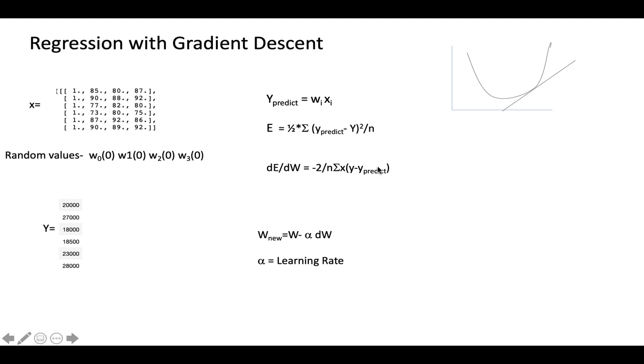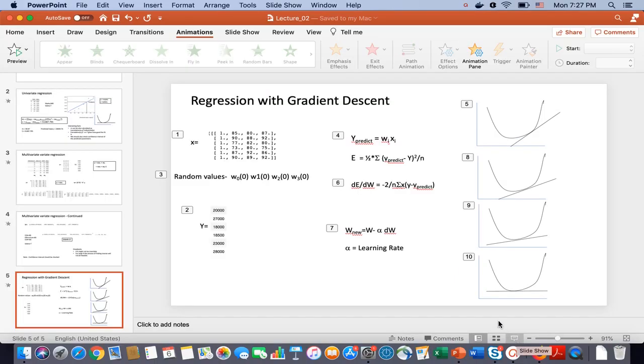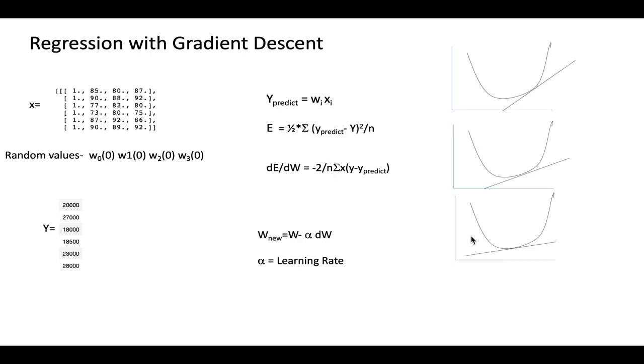Okay, and say we move and the slope comes over here, and then the slope moves further down, and finally, after a few iterations, we get this final point where the error is lowest. So we get the final set of W's at this point, and those are the weights we can use for prediction. So you can note here that we are actually considering that the relation is linear,